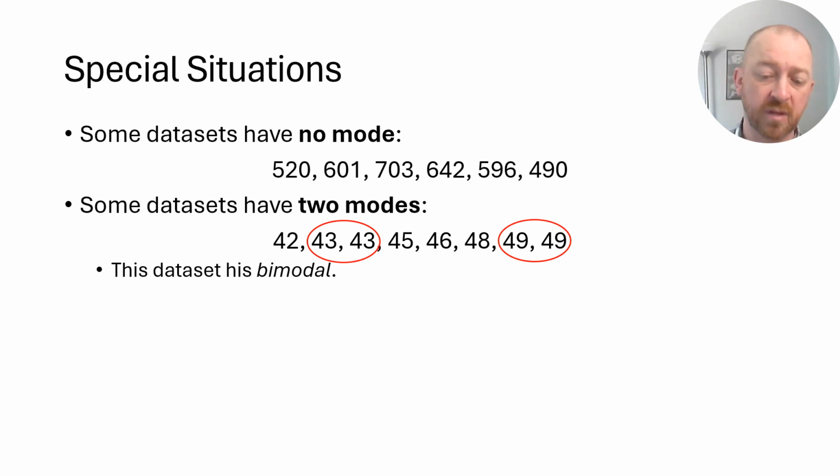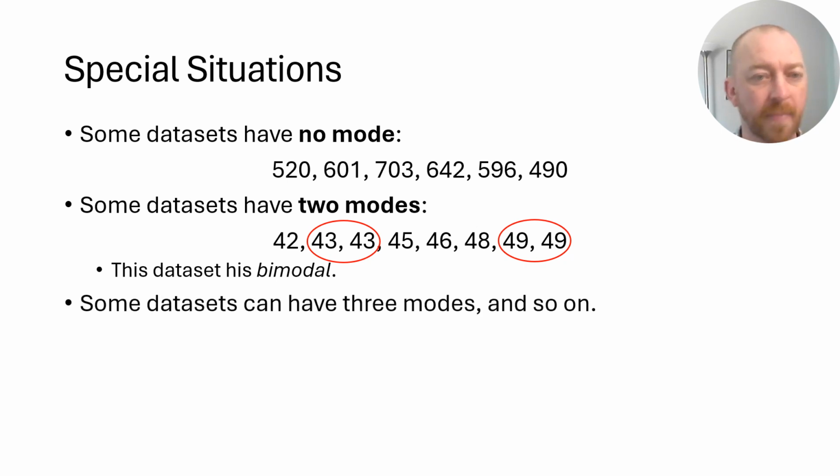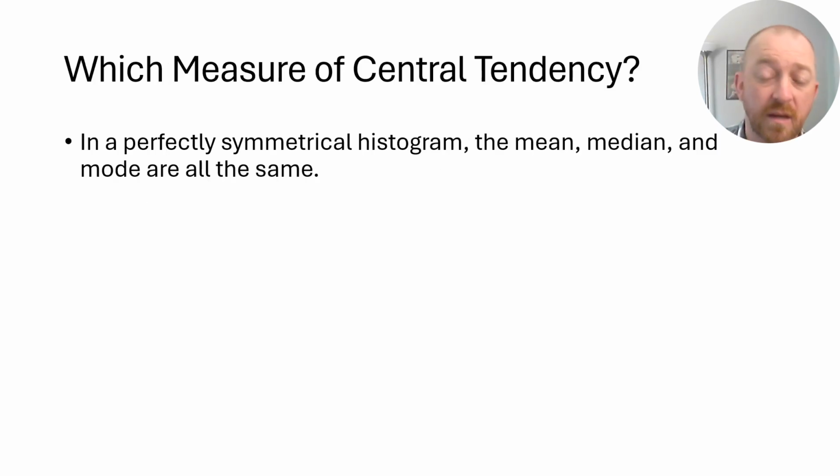What that would probably look like is it has 2 peaks, okay? And in fact, in this particular case, they would have 2 peaks that are exactly even with each other because they both occur the same number of times. Some data sets may have 3 modes or 4 modes, and that's all possible. It is a little unusual, and that's something you may need to work with in your data set. Now you may wonder, how do I know which one to use? Which one is the most appropriate measure of central tendency given my data set?